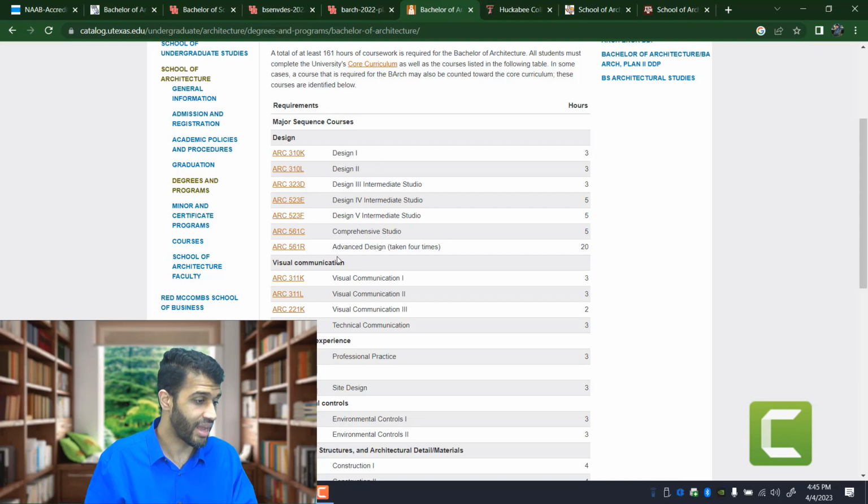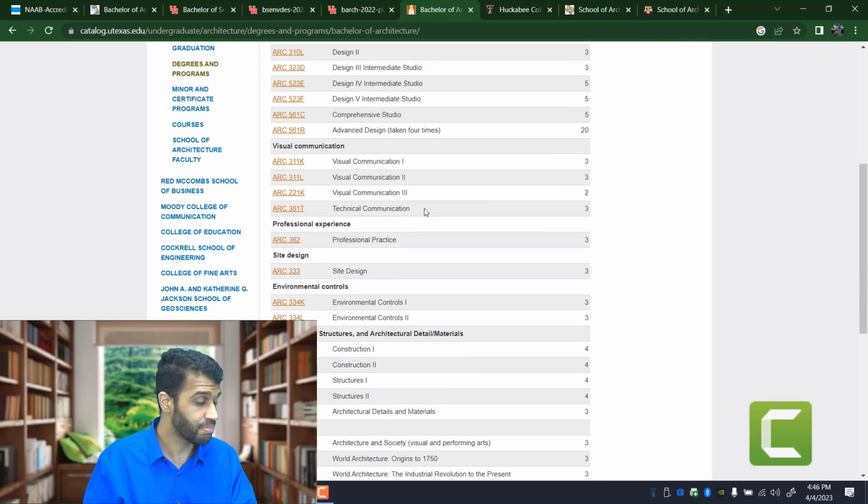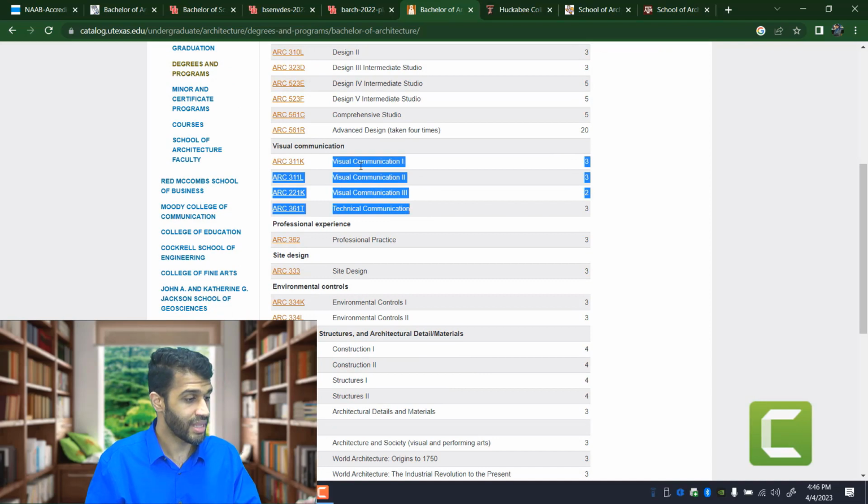And then you have advanced design taken 4 times. That's the equivalent of 2 years. So this is a 5-year program, and this is where primarily all your efforts are going to be spent, 20 hours in just straight studios. Again, a heavy push in visual communication. That means this program will get you farther in terms of public speaking,